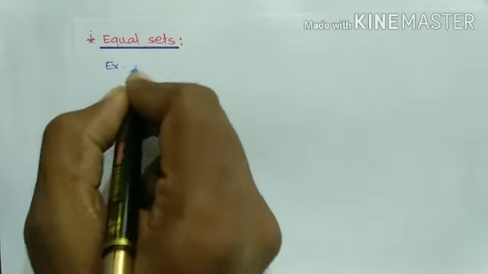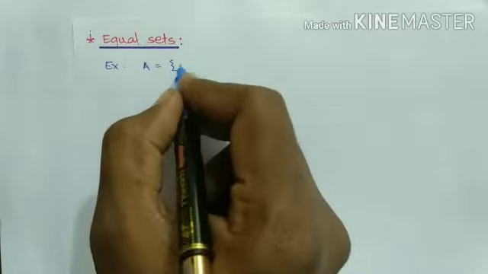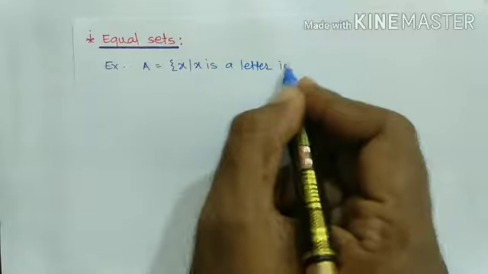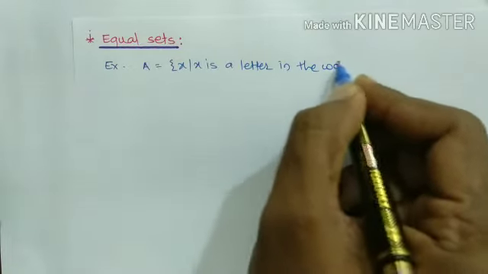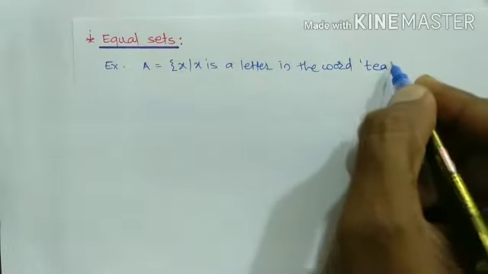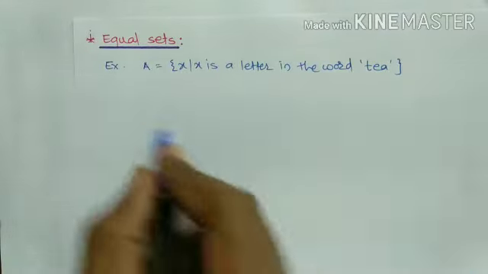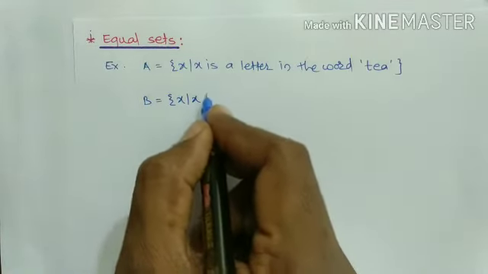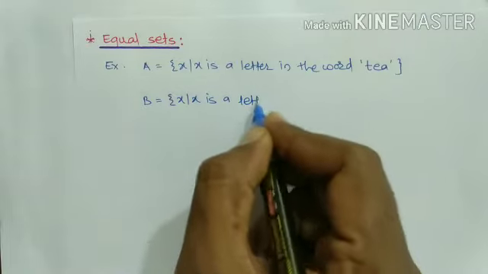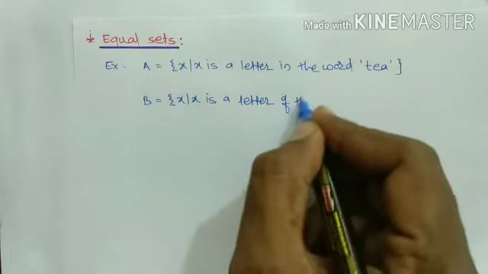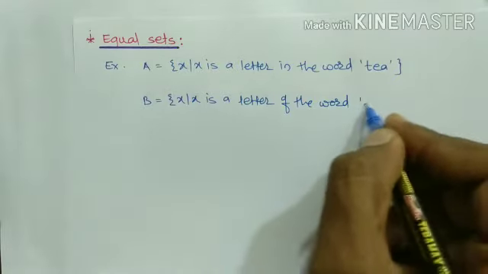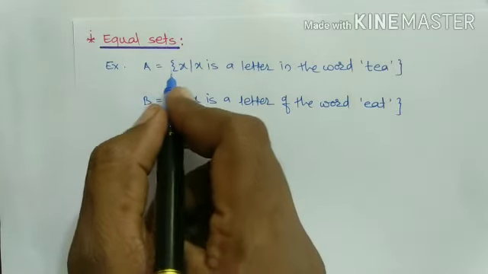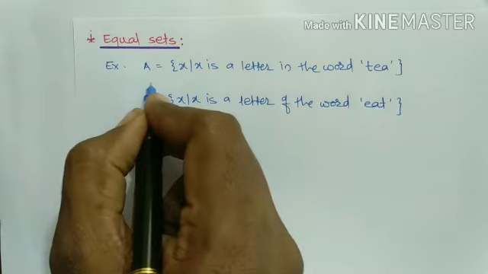See, A is the set of all x such that x is a letter in the word T, and B is the set of all x such that x is a letter in the word it. See, when we write these sets in the listing method,